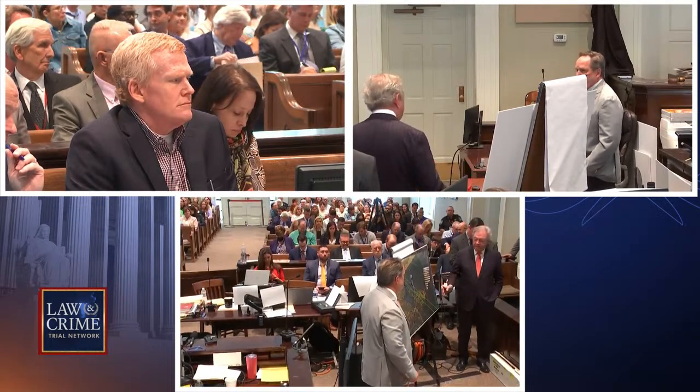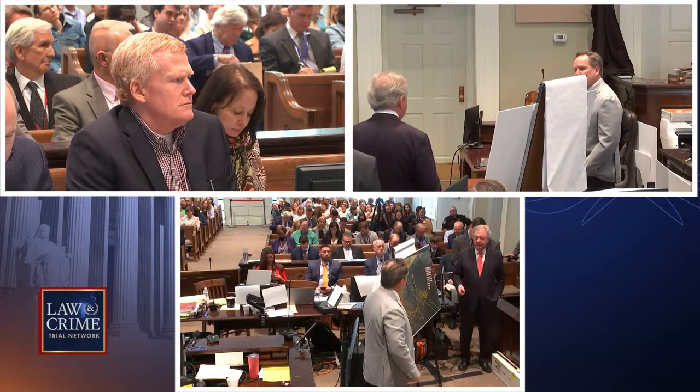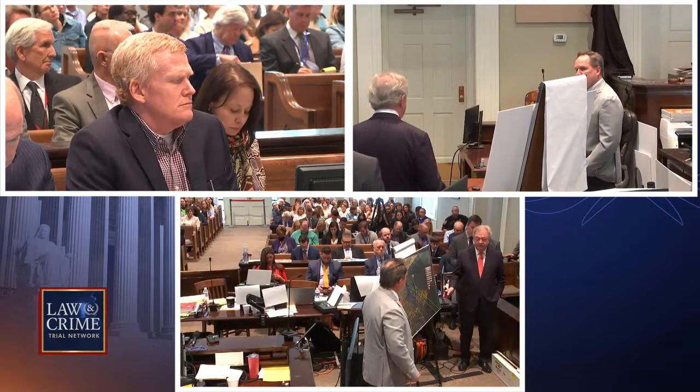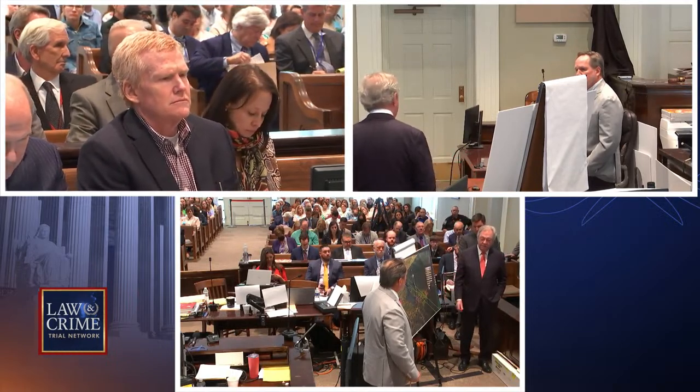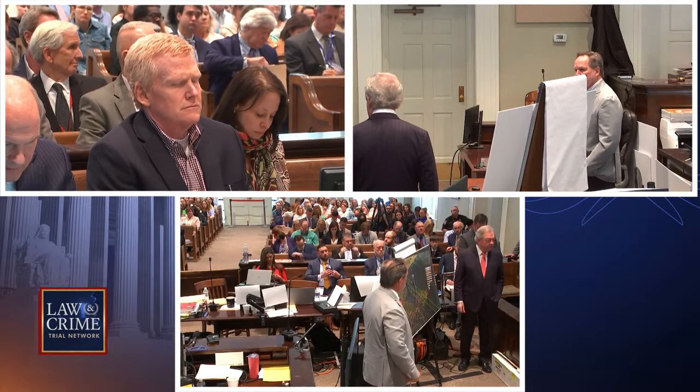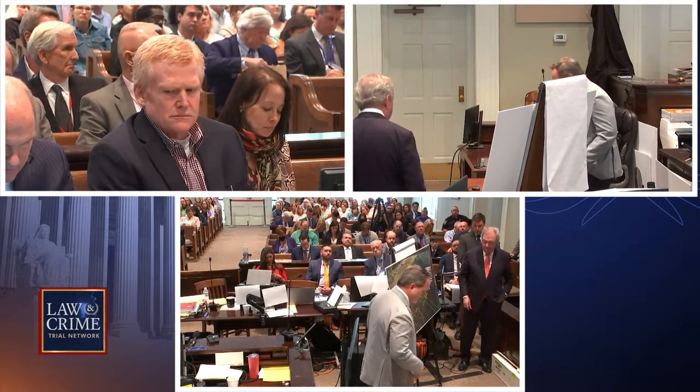Okay, now, in reviewing the SLED file, did you see whether or not they did any analysis like this? Have you seen any charts, any graphs, anything indicating that SLED ever looked at these shot angles before? No. Okay, go ahead and take the